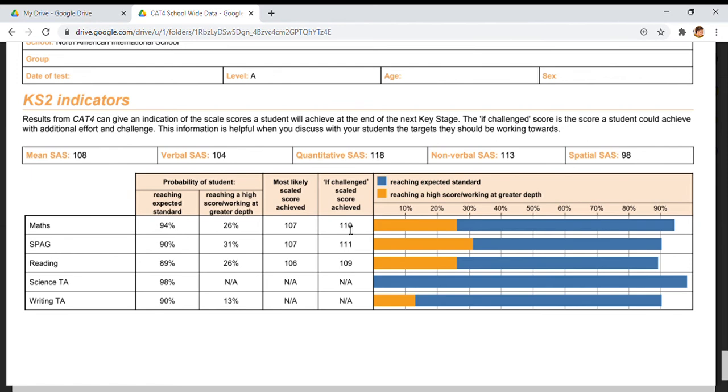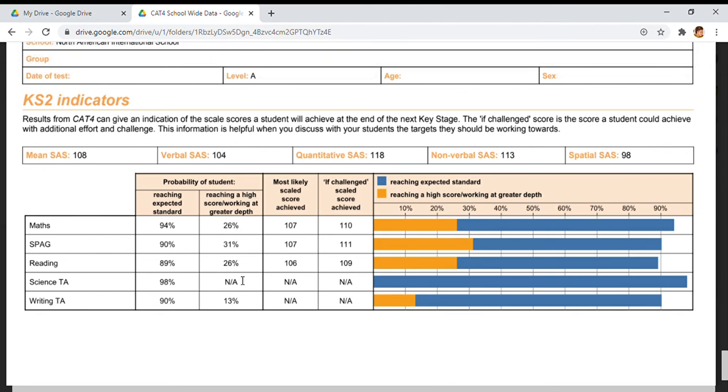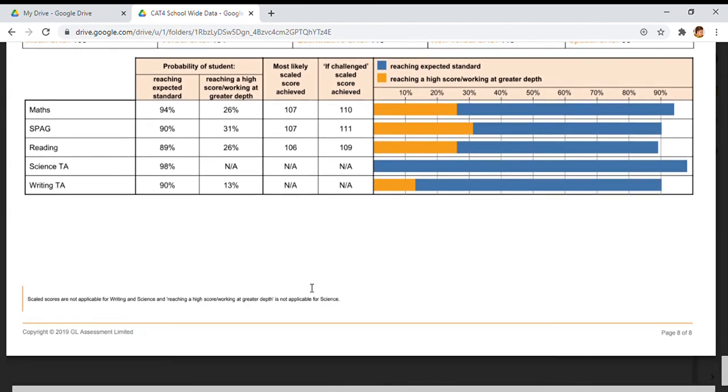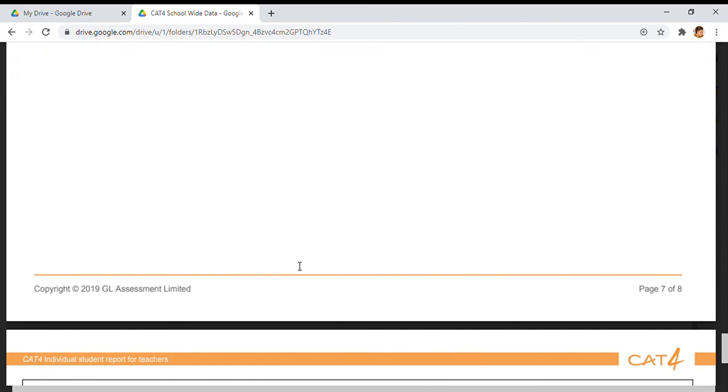So if they're working or doing that practice time, if they're continuing an exact path, it's basically a prediction of where they can and cannot go and what they can do and where their scores can be, but how to strengthen them. So that is pretty much it. There's no prediction for science and there's no prediction for writing. It's really just focusing on these three concepts, but it does talk about being able to close the gaps and being able to achieve. So this is your CAT4 report, and you will receive an email on how you can